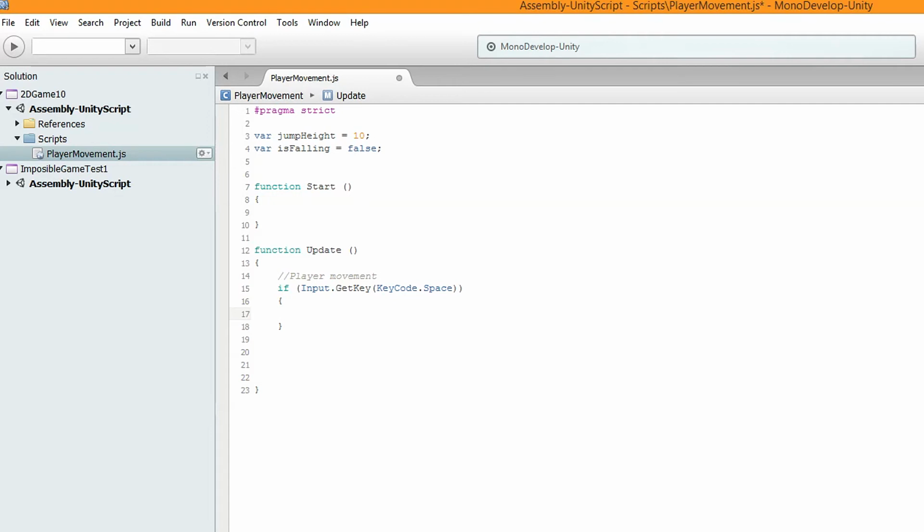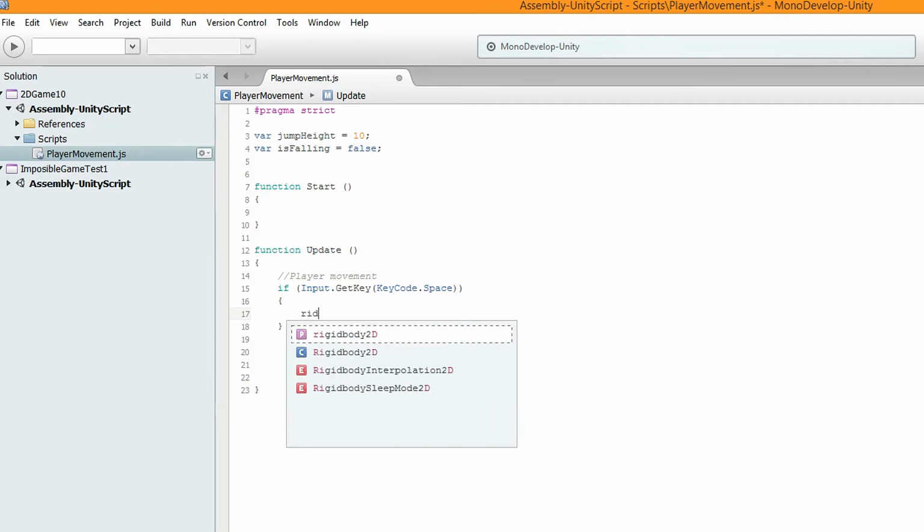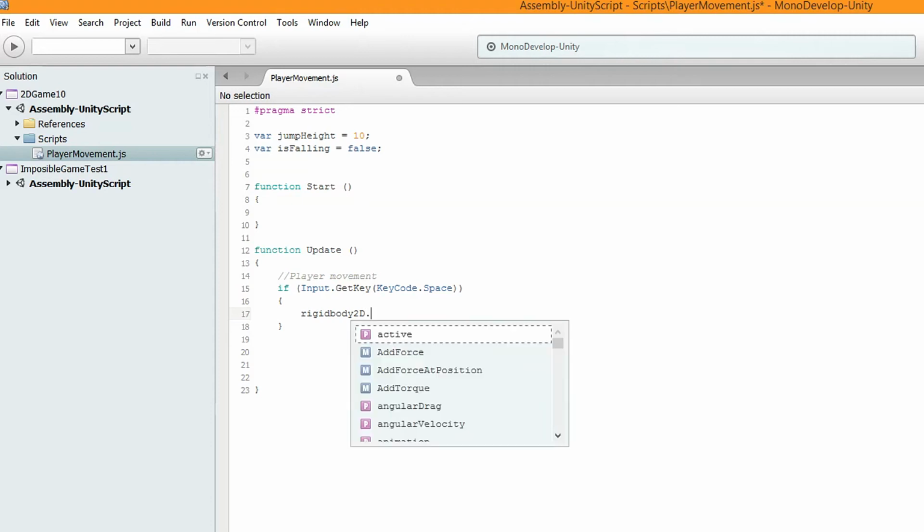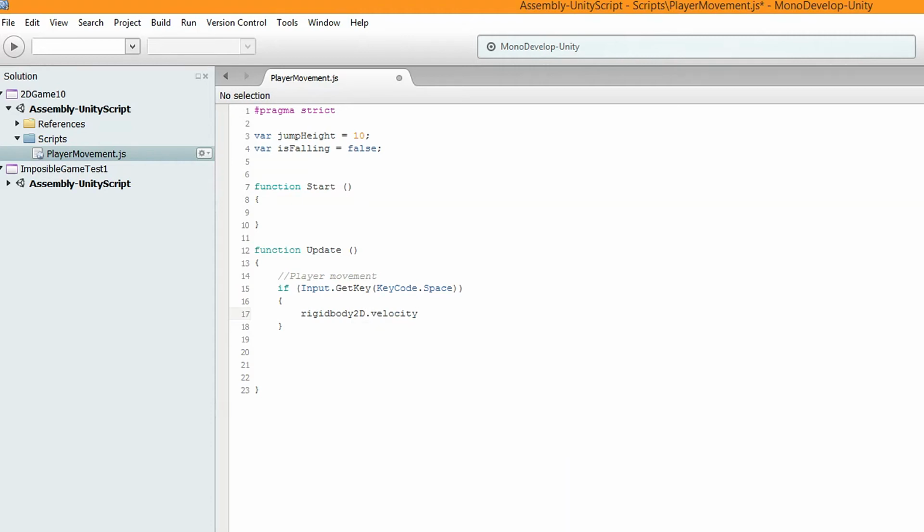And we want to put rigidbody2D.velocity.y equals jumpHeight variable. Now, what we're defining here is the Rigidbody2D that we just attached to our player.